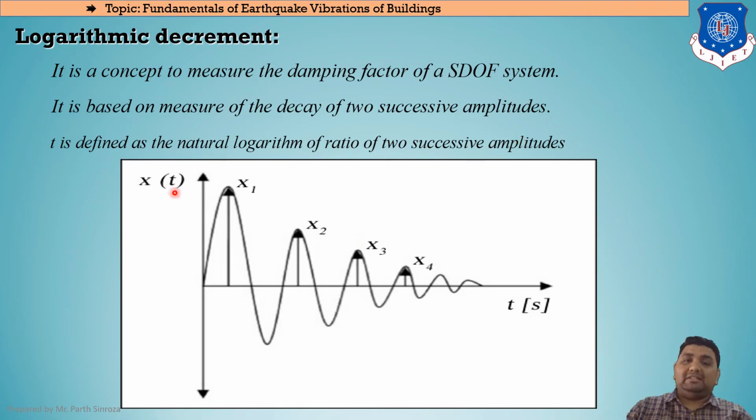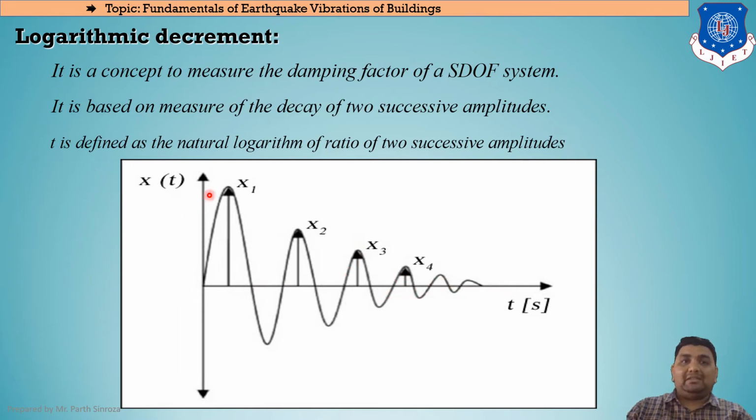So consider this as the vibration of any system. This is the x of t, that is, the displacement versus time graph. As we can see here, the initial amplitude is higher, and as time moves ahead, it is said that the system generally regains its original nature. Clear? Because it is a free damped system. For a free damped system, external forces are not applied, only the initial force is applied to start the body in motion, that is, in vibration. So after some time, it will regain its original shape.